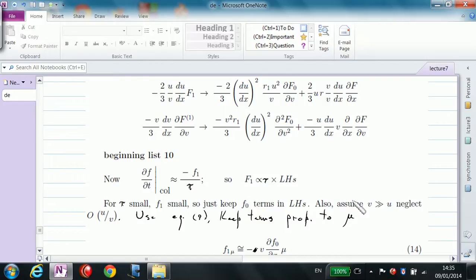Before, we kept terms that had no mu dependence. Here we keep terms proportional to mu to the first power, and we get that f1 is equal to